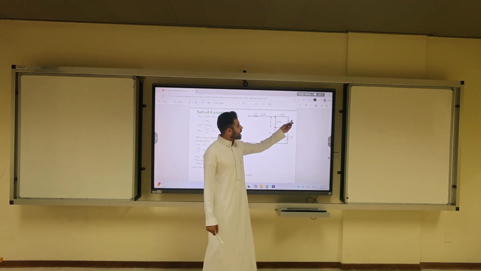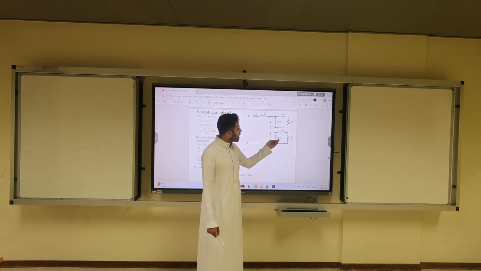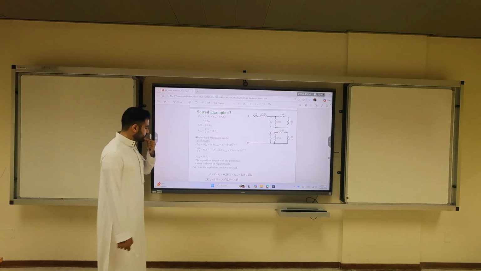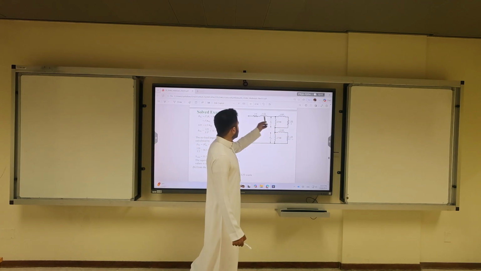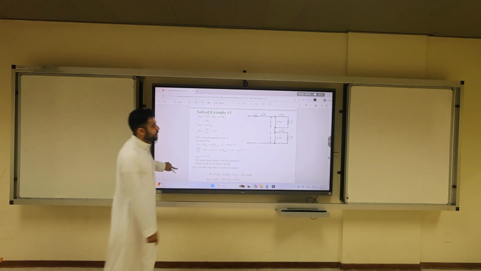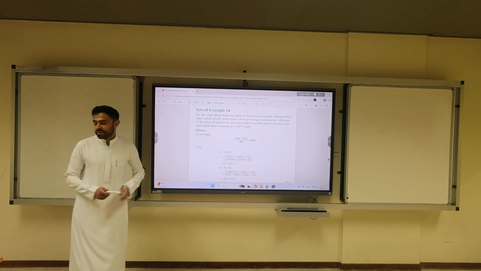So keep in mind, this is half R2 prime, this is half R2 prime, this is X mag over 2, this is X mag over 2, this is X1, and this is X2 over 2, X2 over 2. Okay? Now, the example that we rushed in the previous class, which I'm going to solve today,